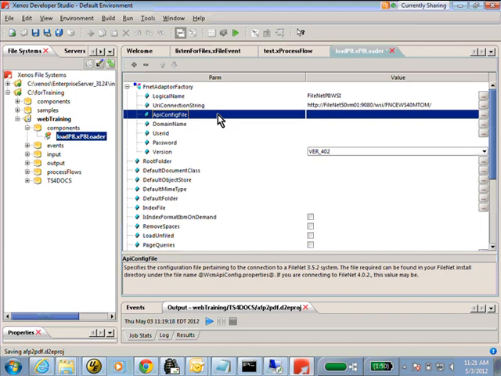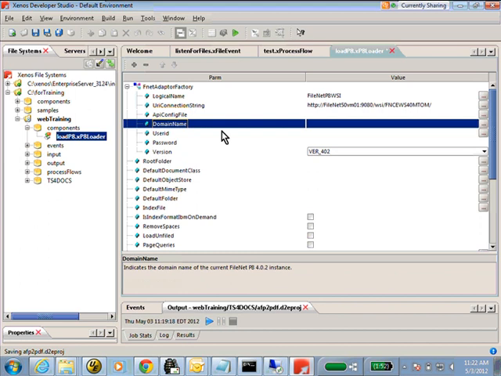The API configuration file itself, we don't actually need to use this because we're connecting to 5.0, but if you're using something lower, like 3.5, you would point this to the location of the install directory of FileNet P8, and you would point this to WCM API config.properties. In this particular case, because it's 5.0, and if you were running 4.0, you wouldn't have to fill this in either.